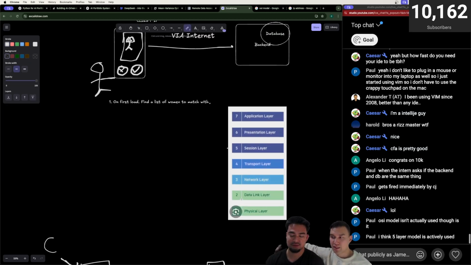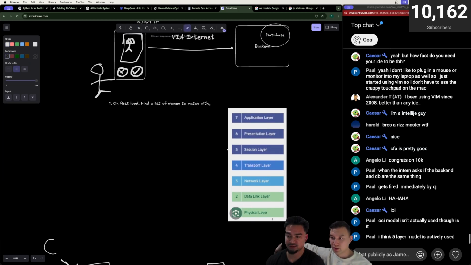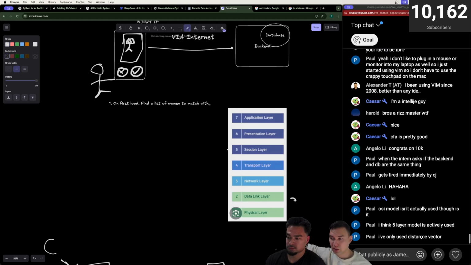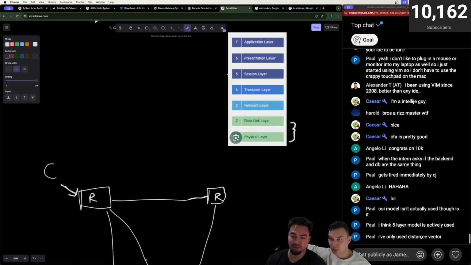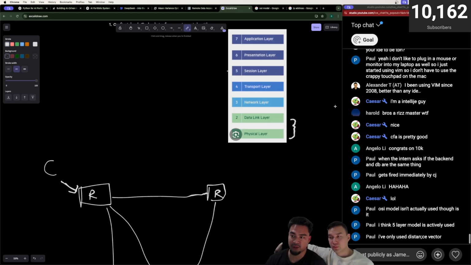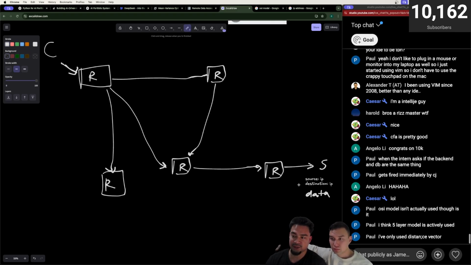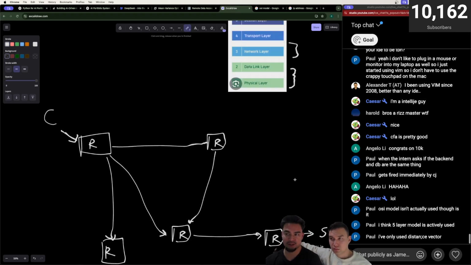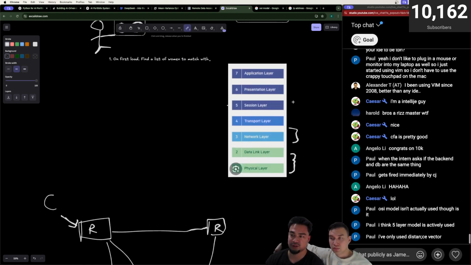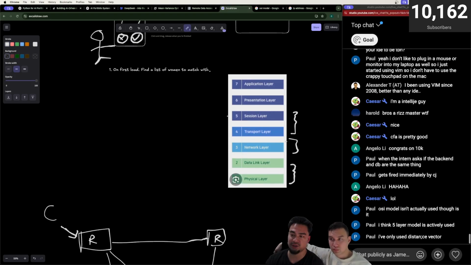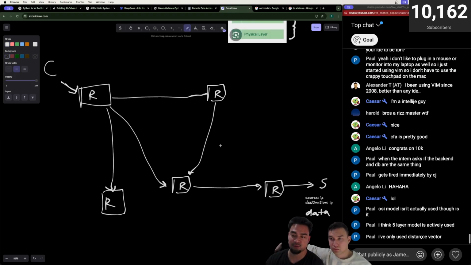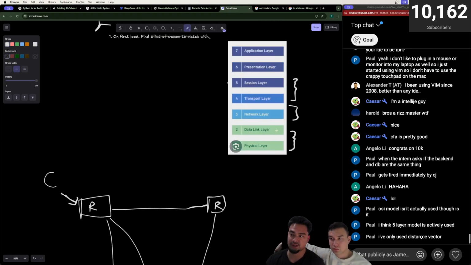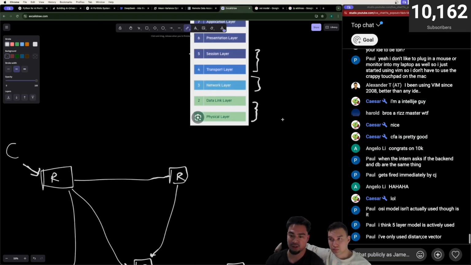It's wild how fast that is. I don't know where these guys live, but we're talking to them in real time. Okay, the physical layer is the thing that I'm talking about. The network layer is the IP address stuff, how they do routing. The session and transport layer can kind of be combined, but they all build on top of each other.